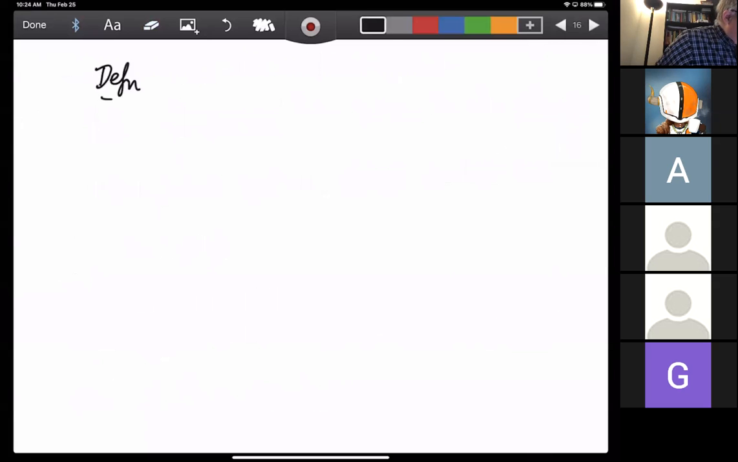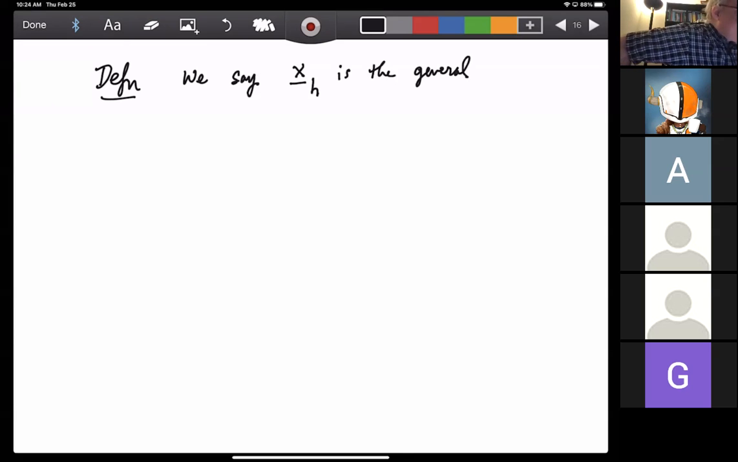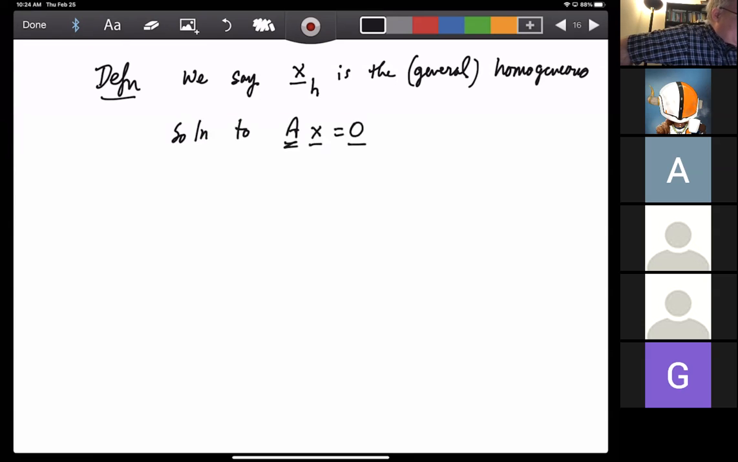So here's another definition. We say that x sub h is the general homogeneous solution to AX is equal to 0 if any solution